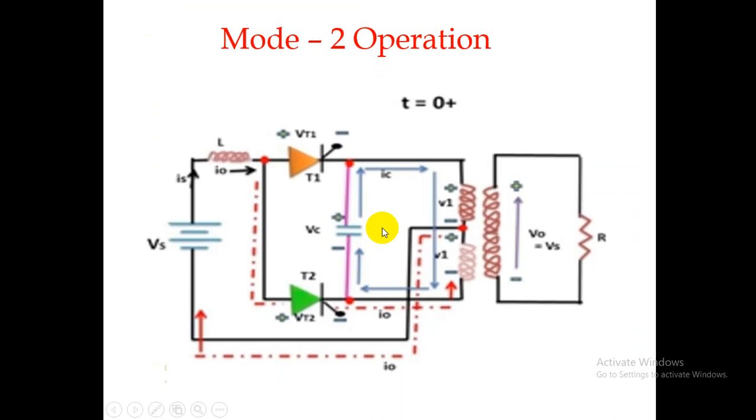Then in mode 2 operation, what I am doing is I am going to turn on T2, but one condition is that if you want to turn on T2, T1 must be off. How is it going to be off, without using an external circuit for the parallel inverter? Very simple. Look at this voltage across the capacitor. This is 2 Vs, double the amount when compared to the source voltage. Now what happened here? This is going to play a vital role to make the thyristor T1 off.